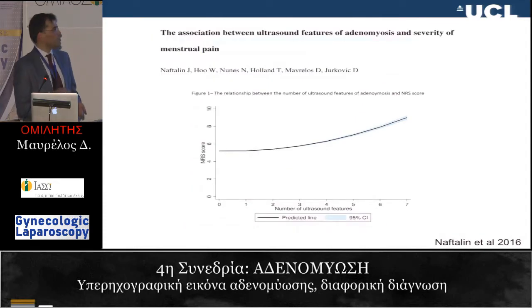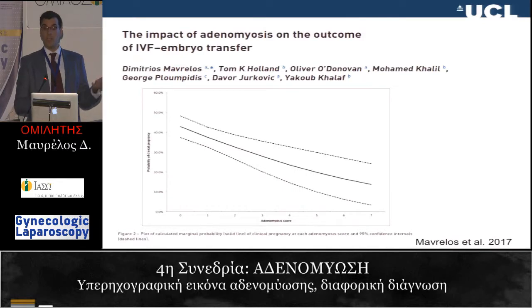Similar with pain. If you ask a woman to score how bad her pain is at the time of period on a visual analog scale, 0 to 10, women that have more features of adenomyosis on scan have worse pain. And it turns out it's the same for success after IVF. In reproductive medicine, there have been studies that showed that adenomyosis makes no difference. Others say adenomyosis makes you more likely to miscarry, or that adenomyosis is really bad for getting pregnant after IVF. And probably what's going on here is that we're using different diagnostic criteria. Different teams are saying, this is adenomyosis, this isn't adenomyosis, and therefore there is a difference in our outcomes.